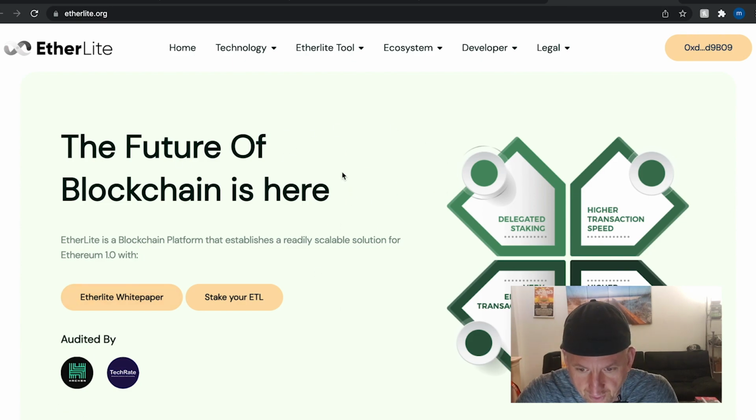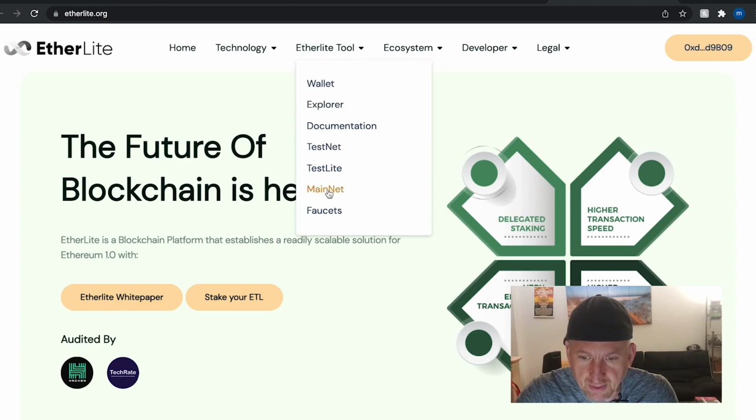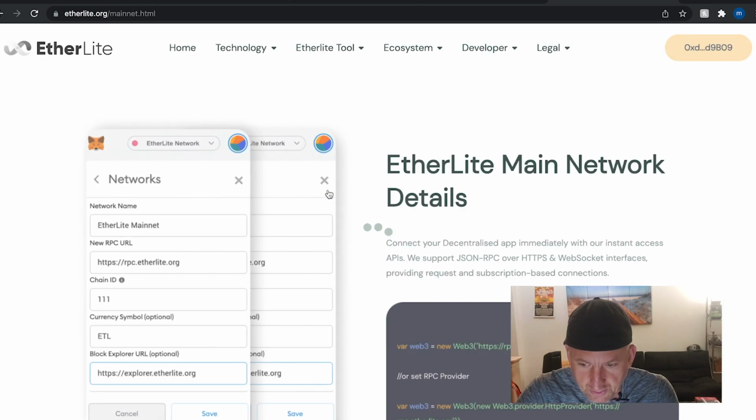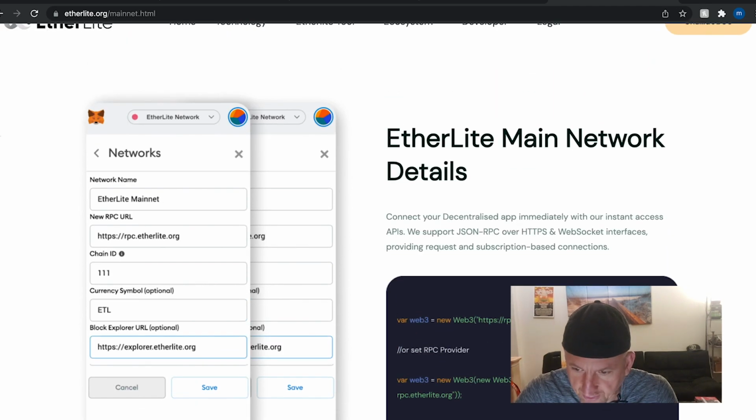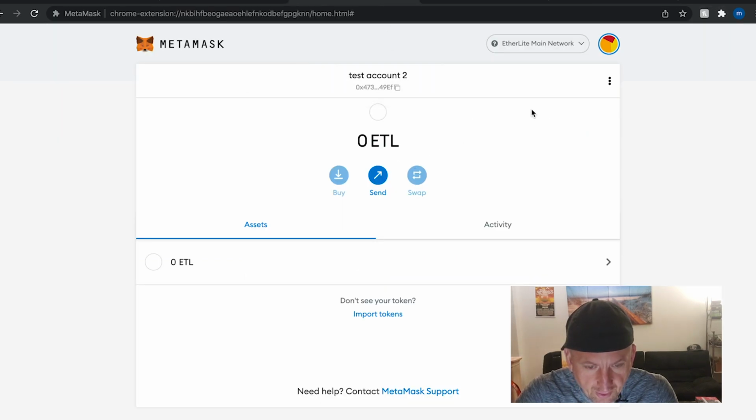But what we're going to do over here is go to the Etherlight tool and down to mainnet. We're going to click mainnet, and what I would recommend is you guys take a screenshot of this. Then you're going to come over here, click on our MetaMask again, and click on this button over here,